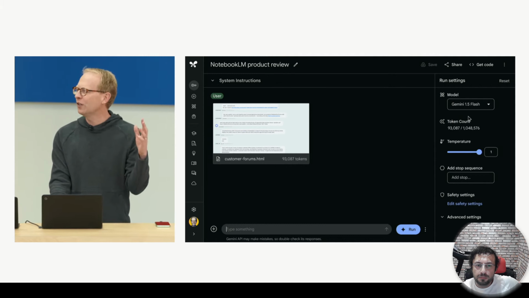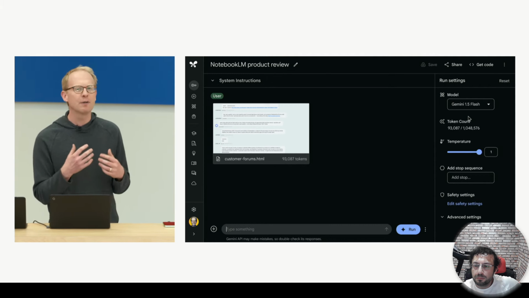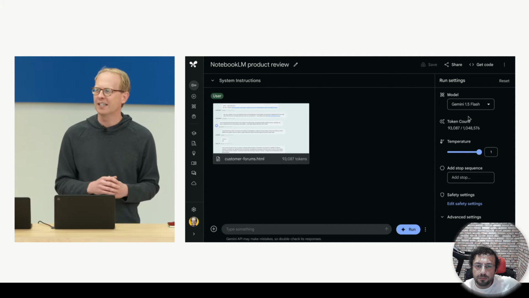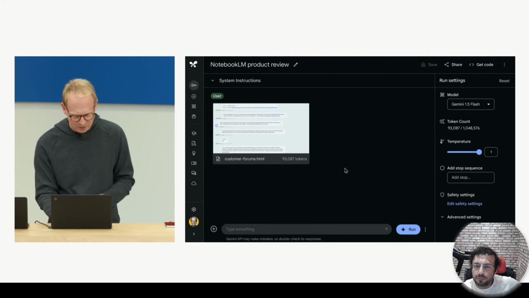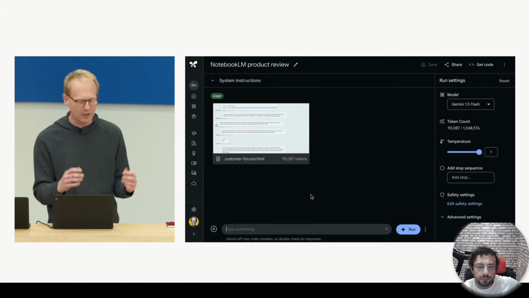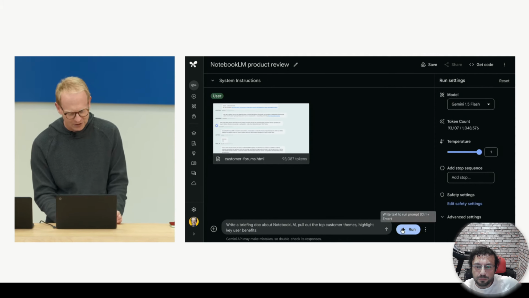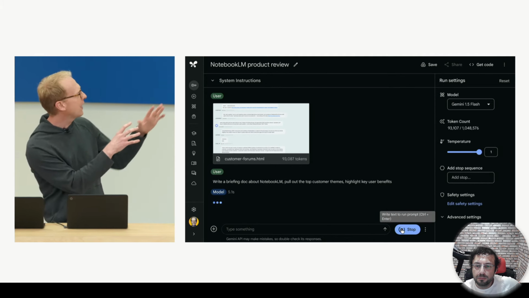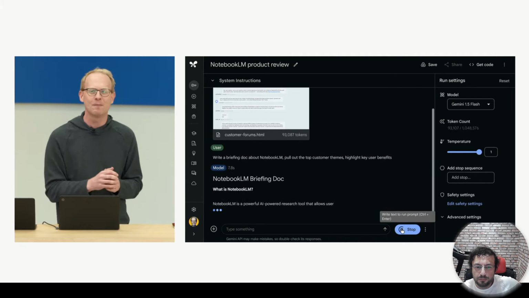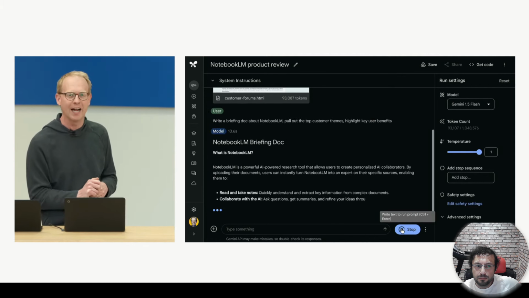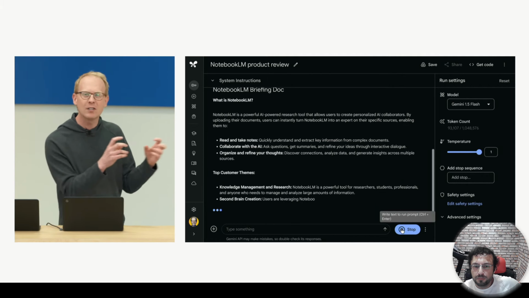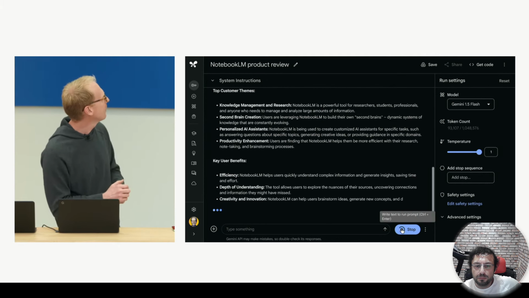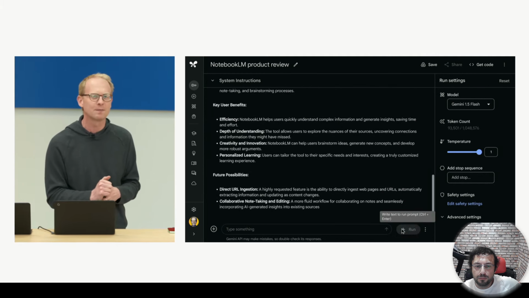So one of the ways we've been using 1.5 Flash is to actually learn from customer feedback about some of our Labs products. Flash makes this possible with its low latency. So what we did here is we just took a bunch of different feedback from our customer forums. You can put it into Flash, load up a prompt, and hit run. Now, in the background, it's going to go through that 93,000 token pile of information, and you can see here, start streaming it back. Now, this is really helpful because it pulls out the themes for us. It gives us all the right places where we can start to look. And you can see this is from some of the benefits from NotebookLM, like we showed earlier.